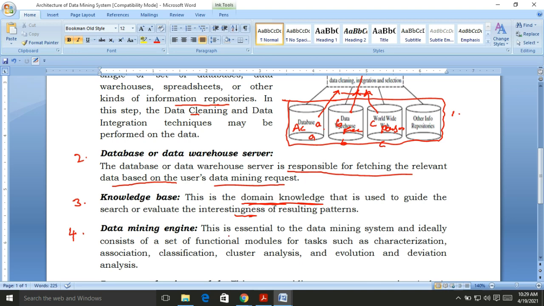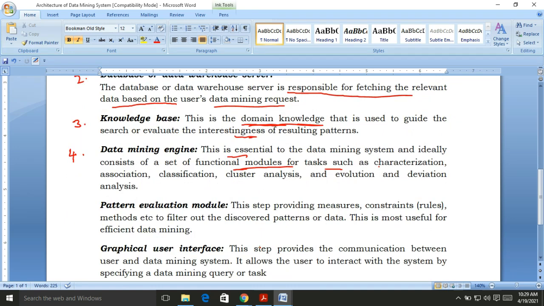This is essential to the data mining system, consisting of a set of fundamental modules for tasks such as characterization, association, classification, clustering and decision analysis.